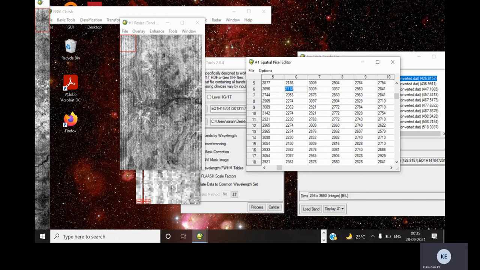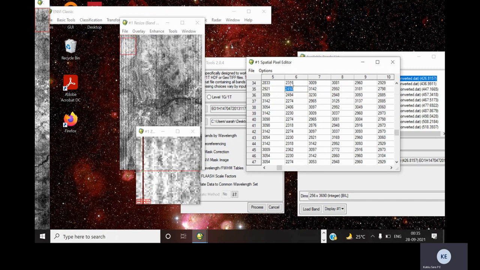If you click on this particular strip line, you can see the values corresponding to those pixels over the strip line. Compared to the neighboring pixels 5 and 7, column 6 has very low values. So what we will do is select the entire column 6, which will have all the pixels inside this square.